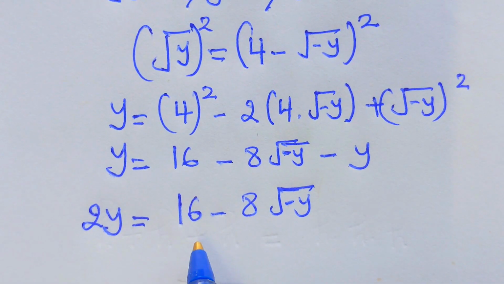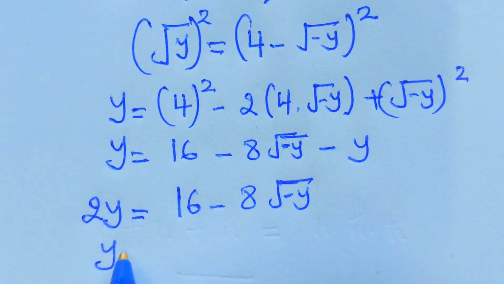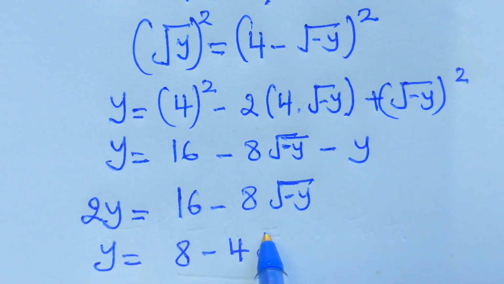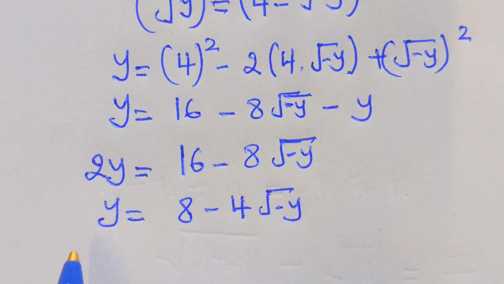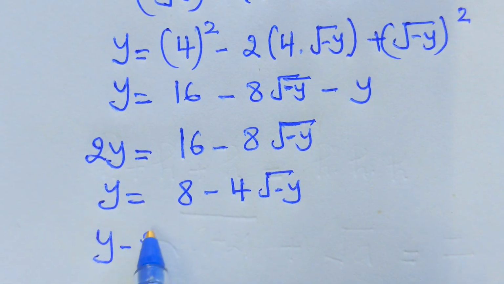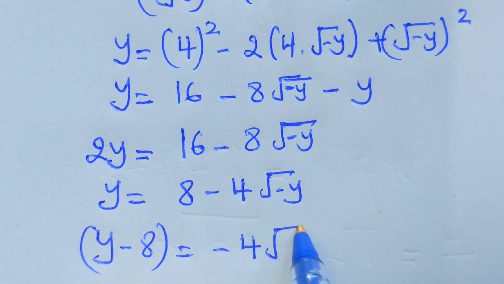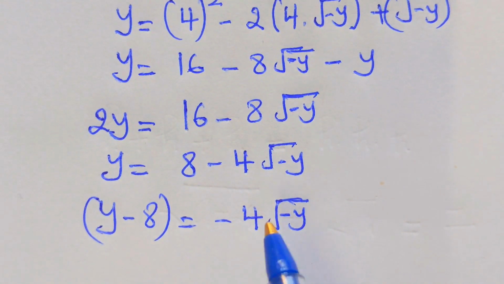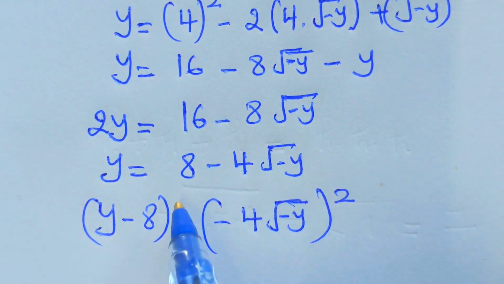Now of course we shall divide by 2 to get y equals 8 minus 4 square root of negative y, and of course by grouping like terms we have y minus 8 equals negative 4 square root of negative y. And at this stage we can remove this square root by squaring both sides,